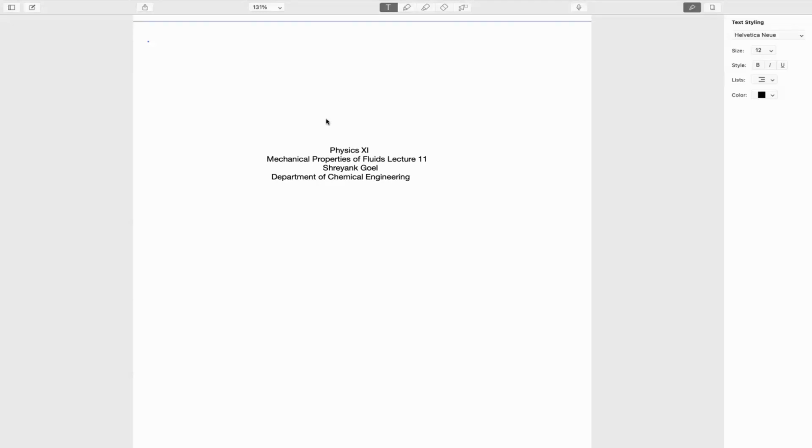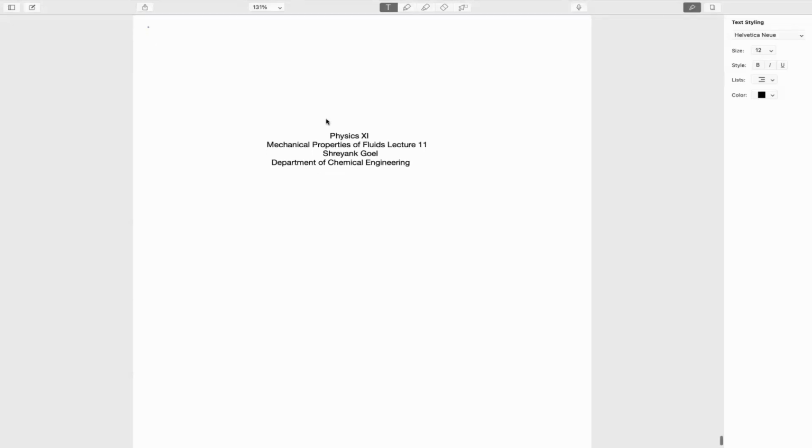Hi everyone, I welcome you all to this 11th lecture, and that is going to be the last lecture of mechanical properties of fluids. So far we have discussed fluid statics, fluid dynamics, then fluid dynamics of ideal fluids, and then we have discussed viscosity, and we are currently on the concepts of surface tension